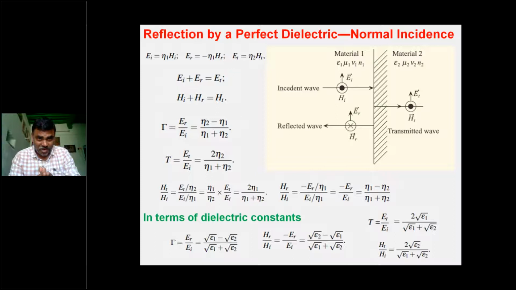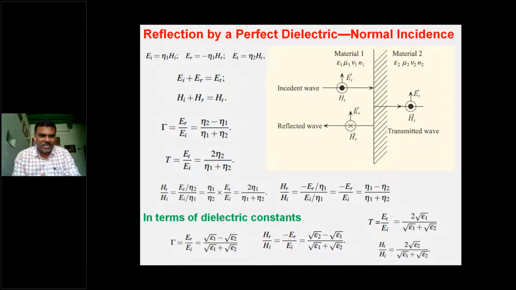So actually there is a long derivation to find the reflection coefficient and transmission coefficient. Just here we have to replace Er, which is given by minus η1 Hr, and Ei is given by η1 Hi, and after that, solving the Hi plus Hr equals Ht equation, you can find the reflection coefficient, which is η2 minus η1 by η1 plus η2. Similarly, the transmission coefficient is 2η2 by η1 plus η2. These are for the electric field. Similarly, for the magnetic field, just reverse η1 and η2.